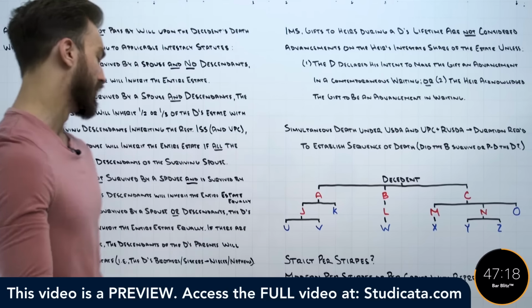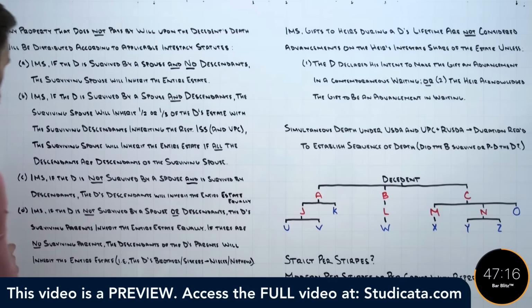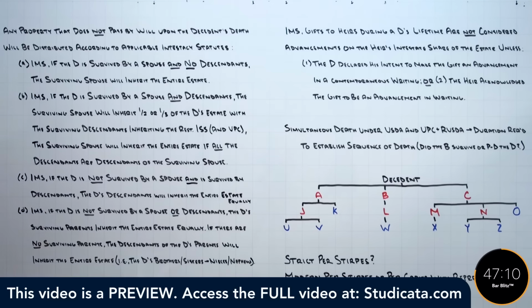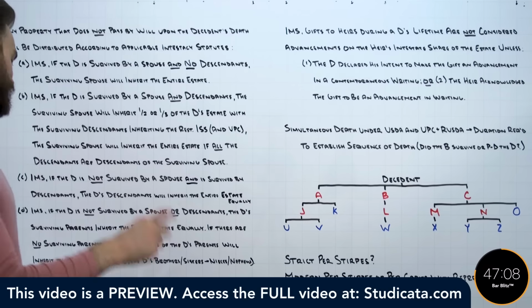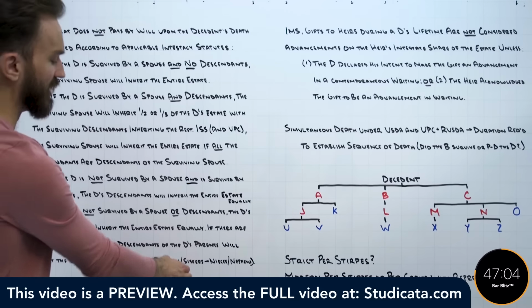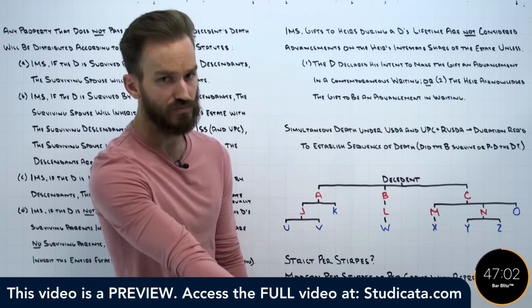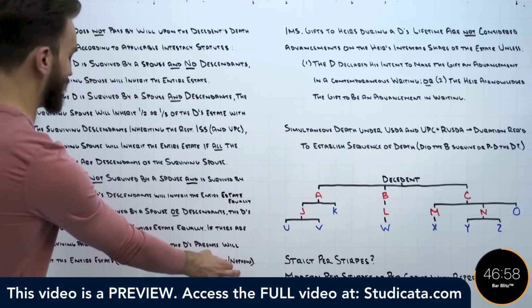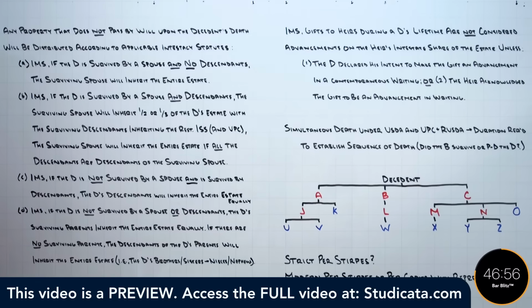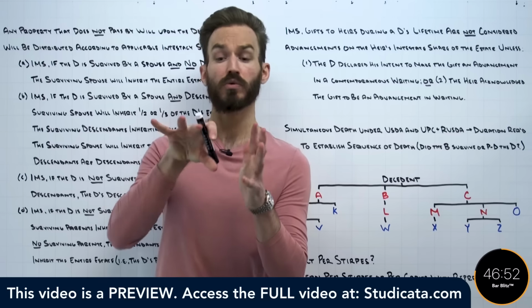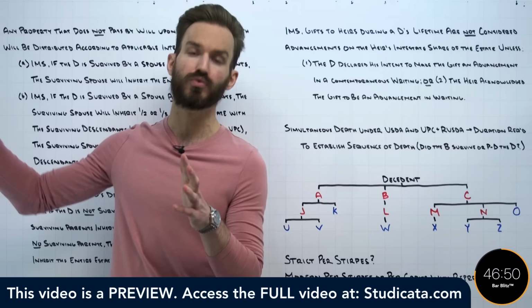What if there's no parents? If there are no surviving parents, the descendants of the decedent's parents will inherit the entire estate equally, right? This would be the decedent's brothers and sisters, right? The descendants of the brothers and sisters are going to be the decedent's nieces and nephews, right? So this is where we start to get into the table of consanguinity, when we're getting to really remote relatives